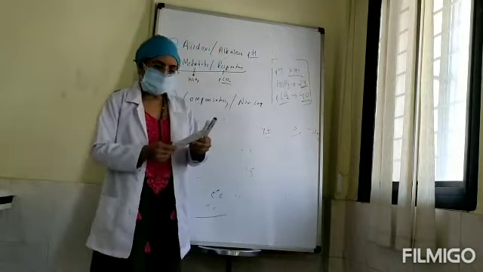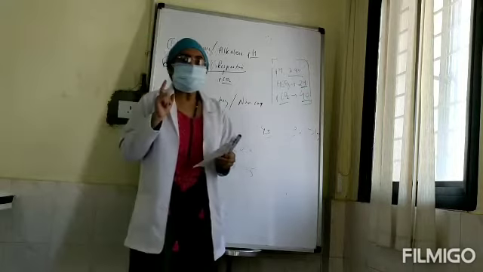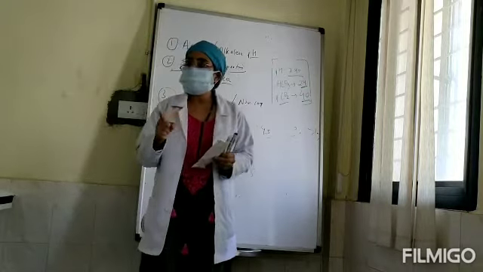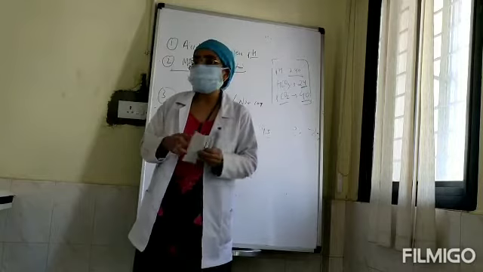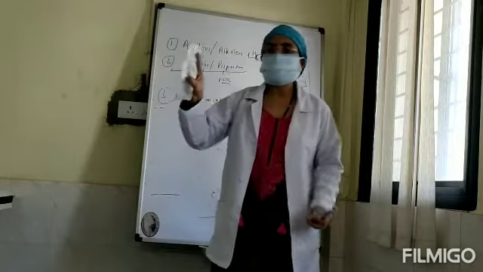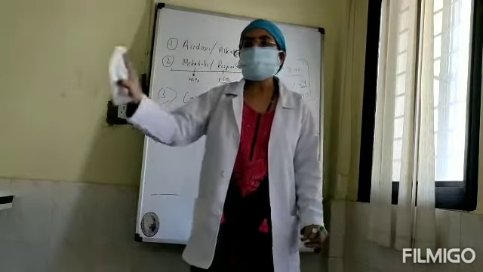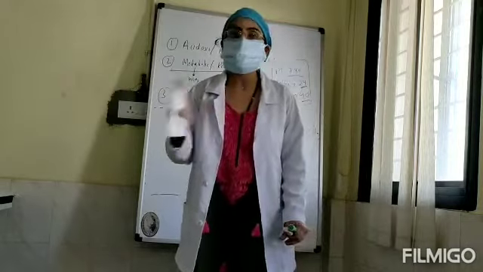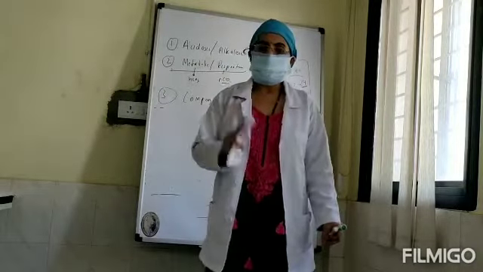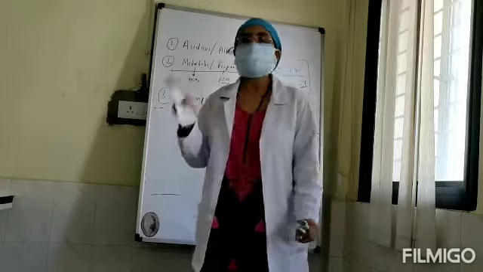This is a child. I don't know the history. History is very important to differentiate between an acute and a chronic condition. With this ABGA, there is nobody in the world who can tell you whether this is an acute or chronic condition. And when we decide about compensation, it varies in acute and chronic conditions.